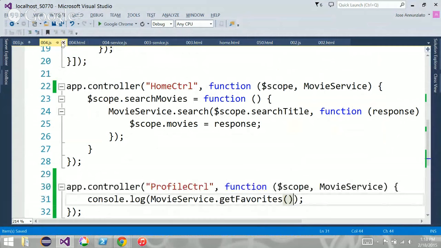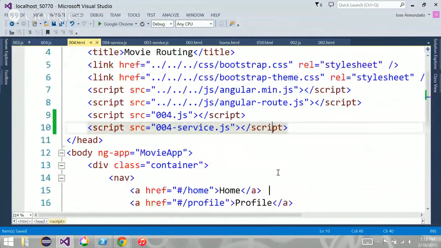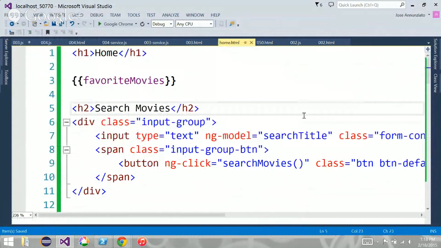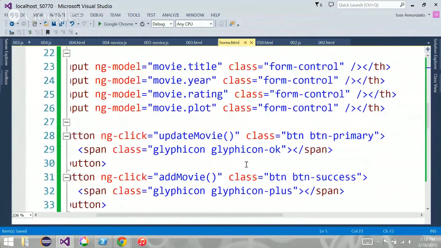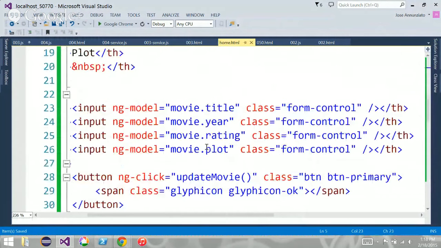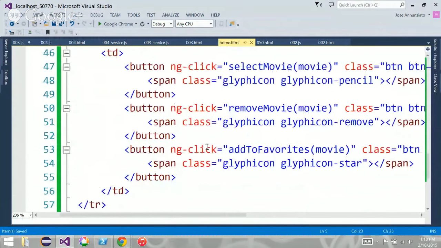Yes, correct. As we are iterating and displaying in the home, as we're searching, we have a button here to add movie or favorite movie. Add to favorite, right? We never created this.